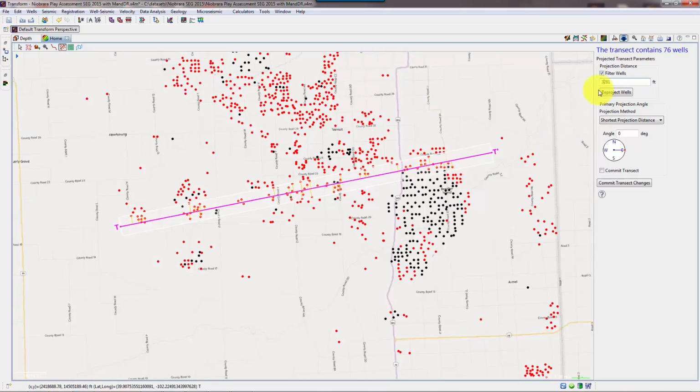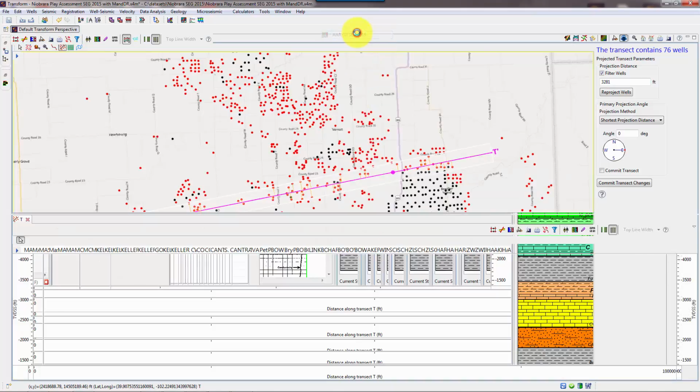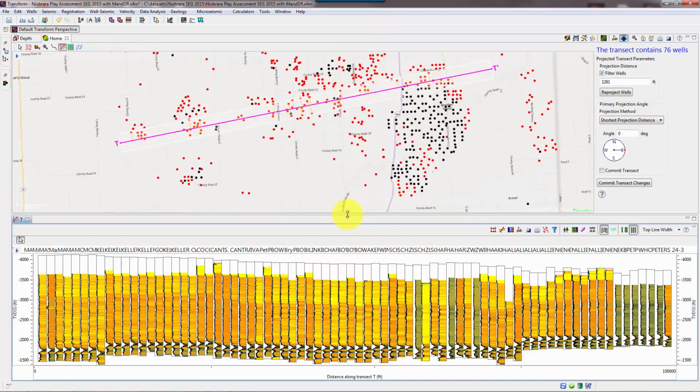We change the projection corridor to set the amount of wells that project into the cross section. Setting this parameter too high will produce unreasonable projections as shown here. Set this to a reasonable width, especially if any structure is present in your field. We now launch this cross-section and illustrate how moving it around in the base map updates the cross-section when the